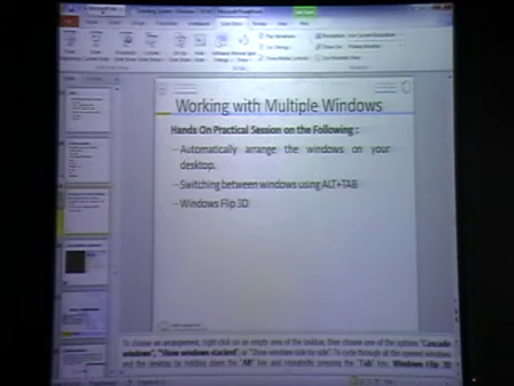Did you open anything? You must open something, for example, this. Now press Alt and Tab. Okay? And Window and Tab. Alt and Tab will show many.